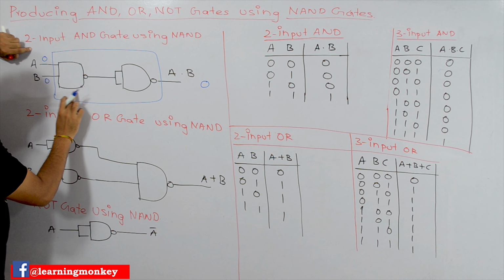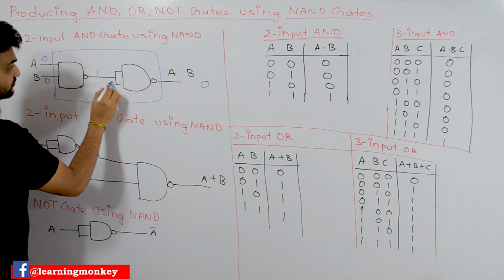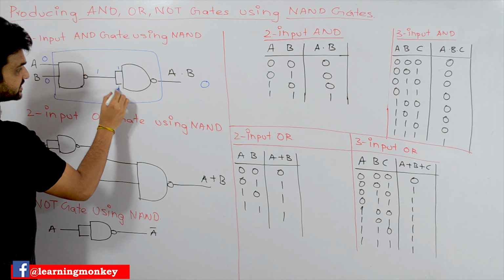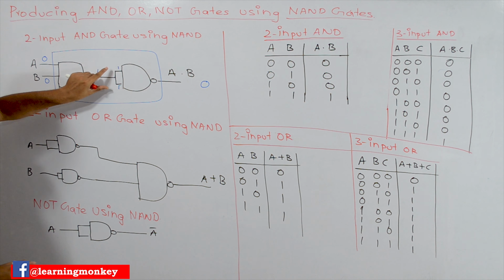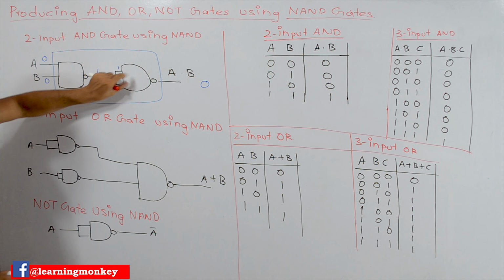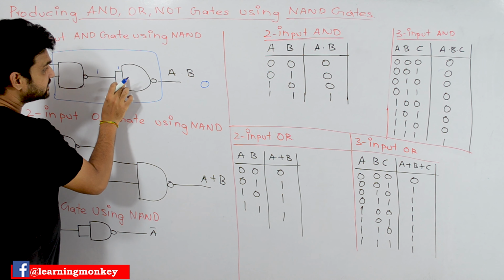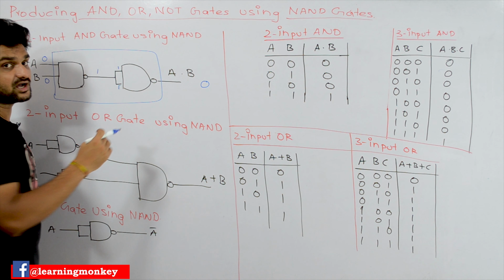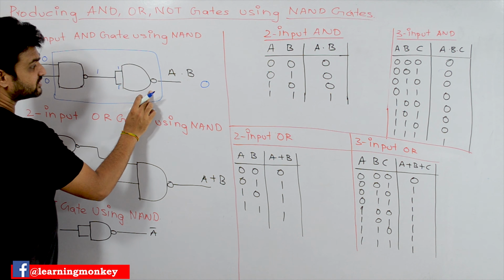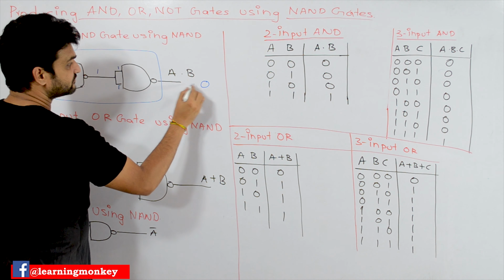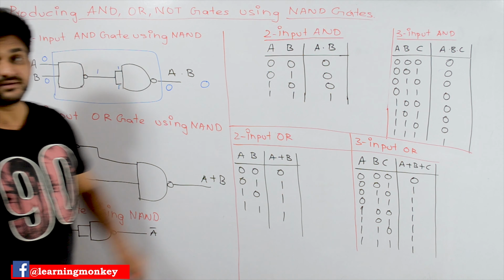Now what is the NAND operation of 0 0? 0 0 is going to produce a 1, and this 1 is going to be the input here and here. So the same 1 will go to both inputs of the second two input NAND gate. What is the output for 1 1 using the NAND gate? The NAND of 1 1 is 0. So 0 0 is going to produce a 0.